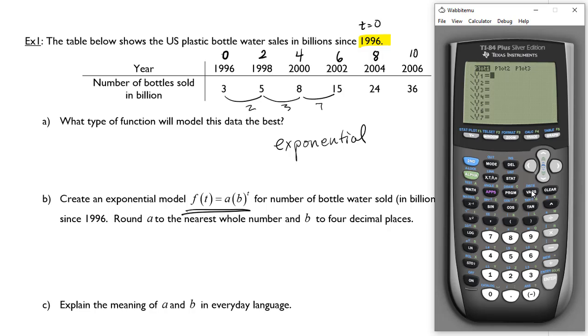In y equals, we click variables, go down to statistics, or just click 5, hit enter, and then go over to EQ, which stands for equations, and see how we have RegEQ, that means regression equations. Click enter, and it automatically populates that data into the y equals equation. And now we just hit graph,